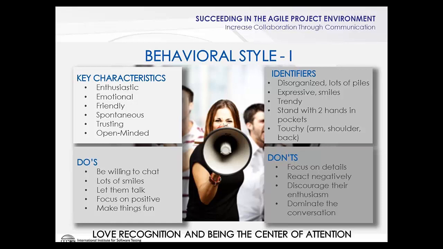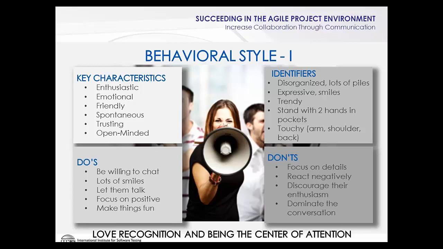Some of the key characteristics of a high I are that they're enthusiastic, spontaneous, and very sociable. How to recognize that style: they tend to be disorganized, with lots of piles on their desks, lots of gestures and facial expressions when speaking, and they dislike conflict. The values they bring to a relationship are that they're optimistic, a team player, and they motivate